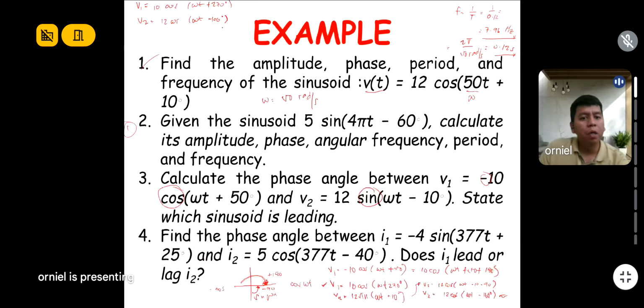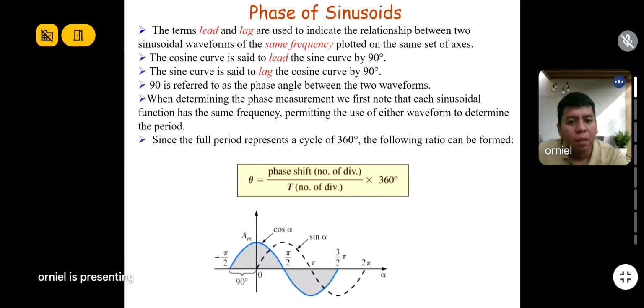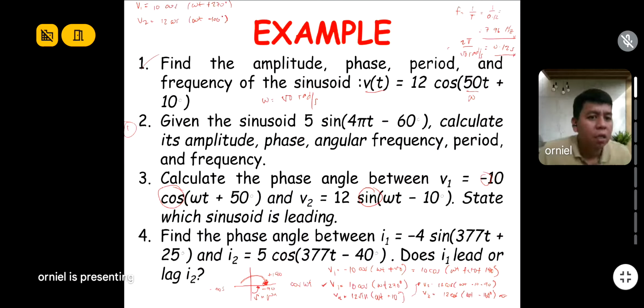Okay? To compare these in terms of leading, the cosine curve is said to lead the sine curve by 90 degrees, while the sine curve is said to lag the cosine curve by 90 degrees. So 90 degrees is referred to as the phase angle between the two waveforms. So to see the phase angle difference between V1 and V2, we can say